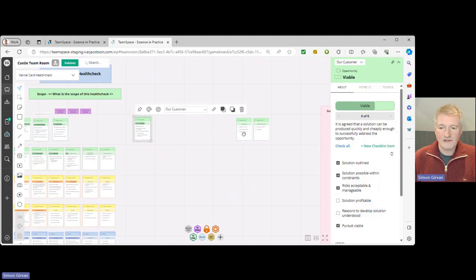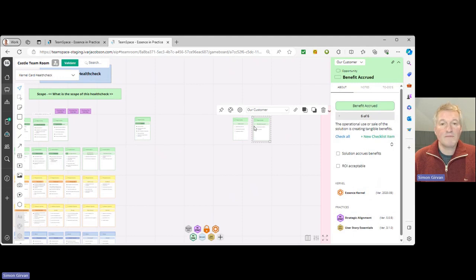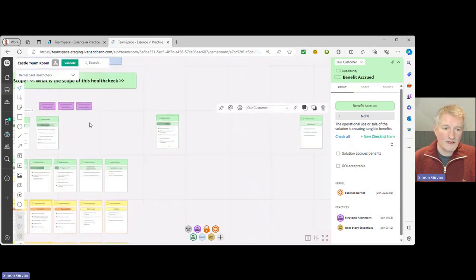And the last thing I can do is I can look at some of the later ones. So I can look at this one, addressed, and this one, benefit accrued. It might be that it's not the job of my team to prove the benefit is accrued. So I might move that one off to out of scope. So we end up with